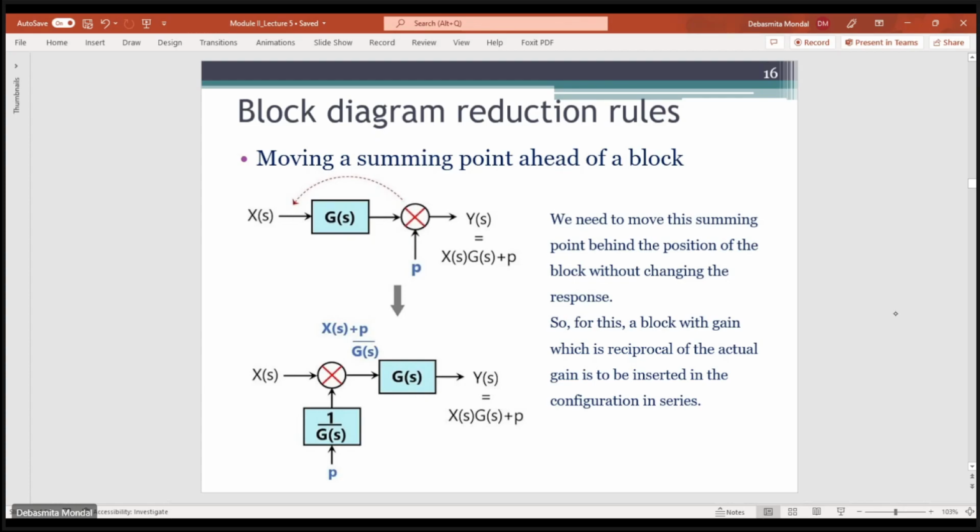So here you see the value of Y(S) will be equal to X(S) into G(S) plus P. Now if I want to move this summing point ahead, so let's say I move it before here, what I need to do over here is that,